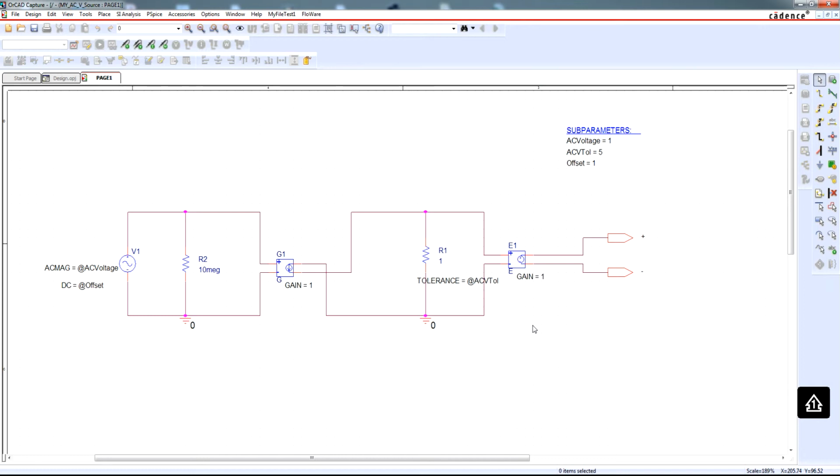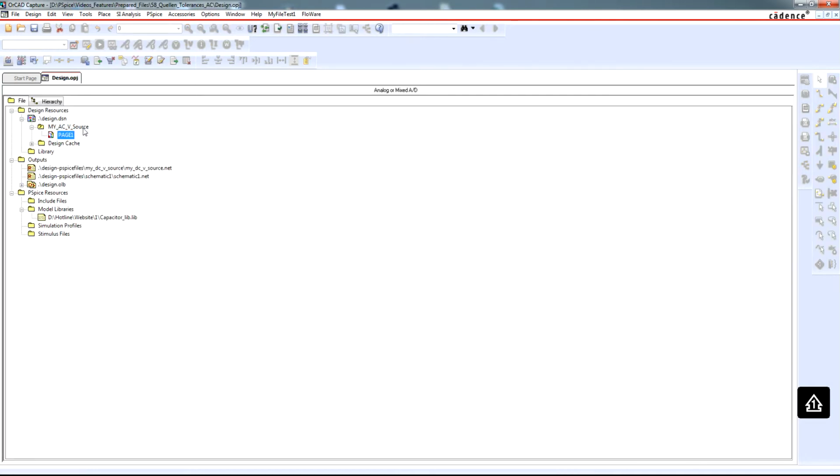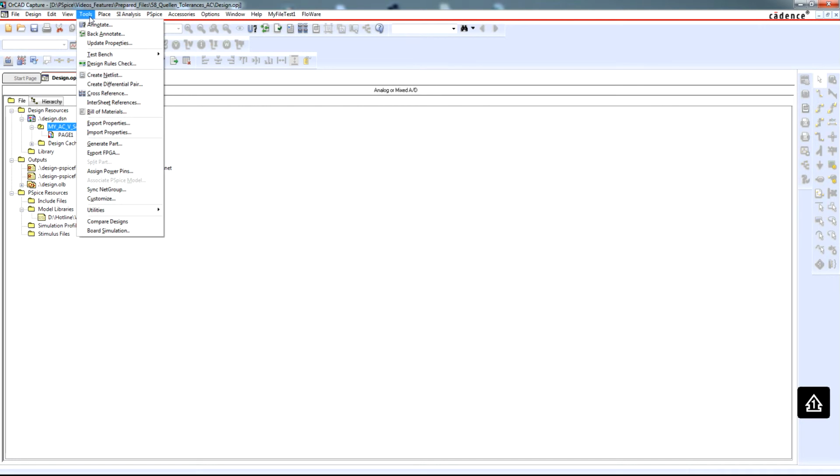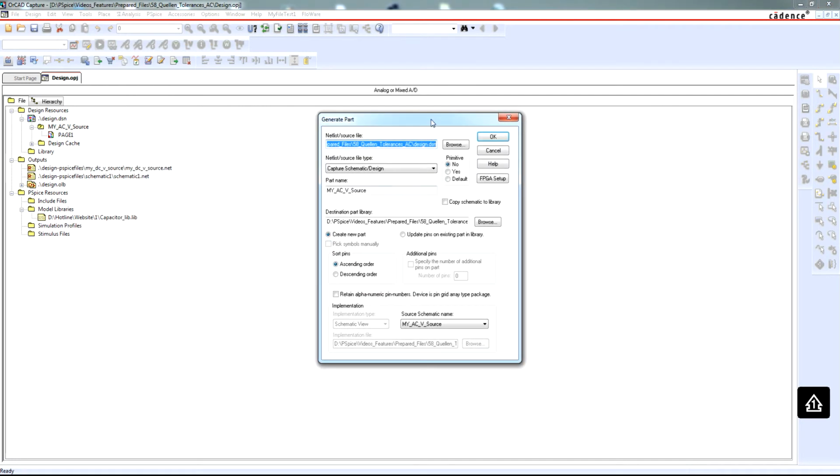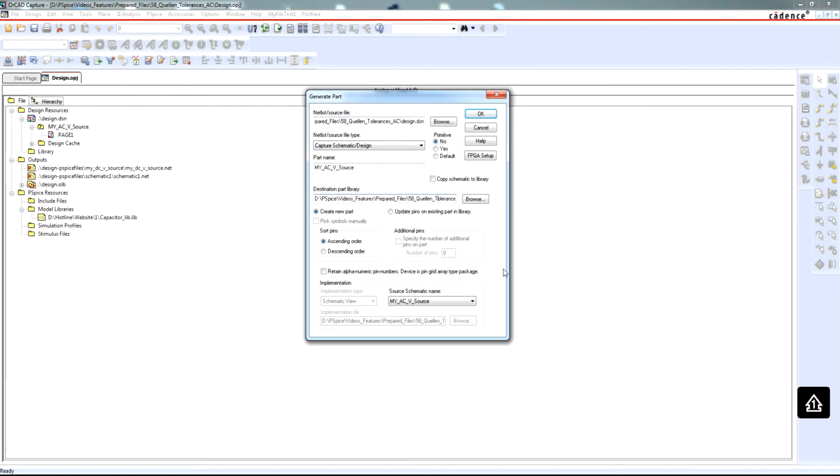and we have to follow this strategy. Once you have this, don't forget to define the parameters, or to create the parameters, using the symbol subparameters from the library special point OLP. Once it is done, you change the name of your schematic, you click on tools, generate part, and then I'm going to define here